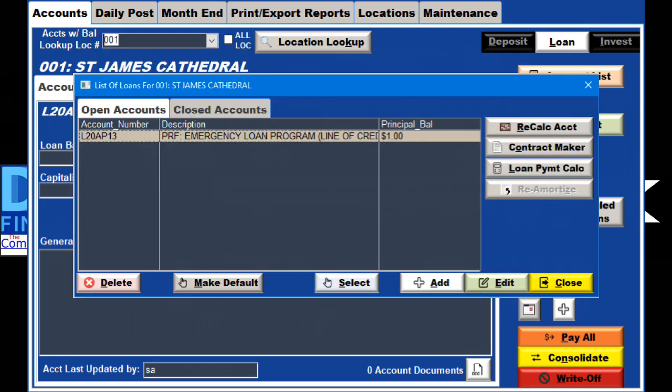If you have an account that you need to delete, you will need to highlight the account on the list, and if you have permission to delete, the delete button will turn on. Click on the delete button and the account will be deleted, along with all transactions connected to it. Be sure that you want to delete the entire account, because you will not be able to get it back